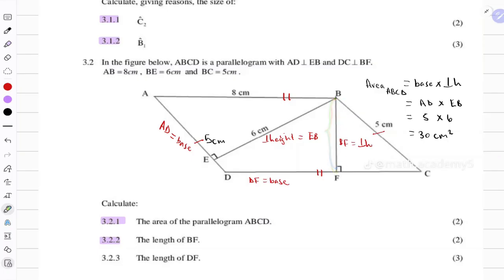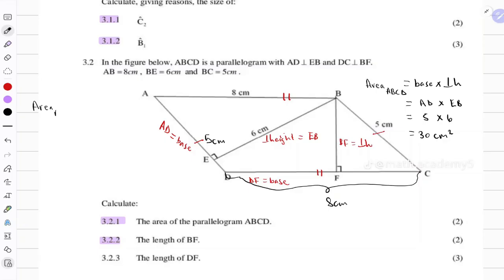So we can apply the formula once again, because we can find this base here. From here to here is the same length, because we know opposite sides of a parallelogram are equal in length. So this then becomes 8 centimeters. So we can then say the area